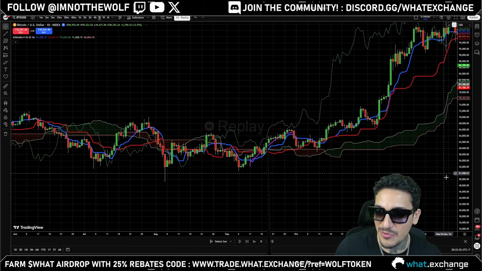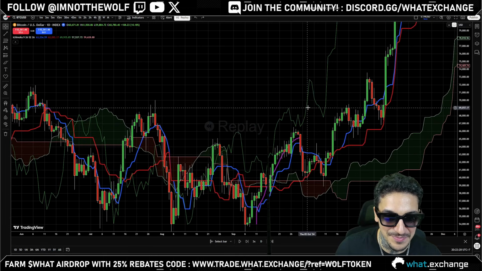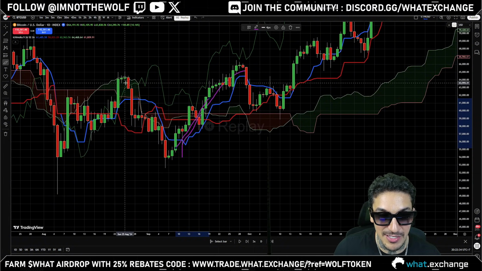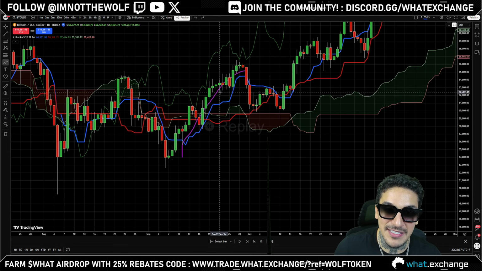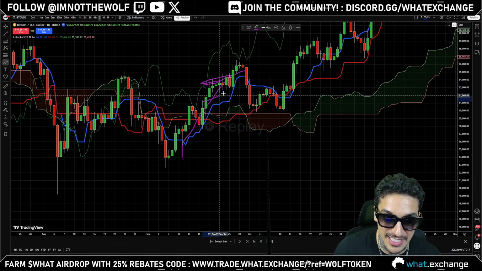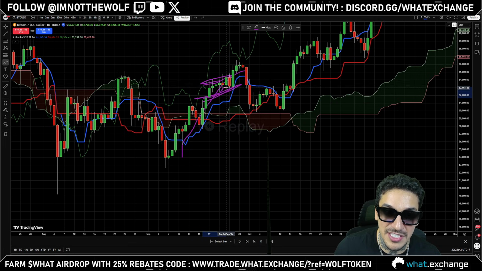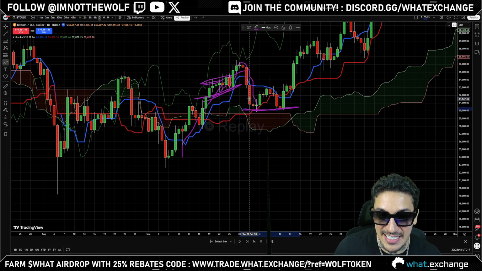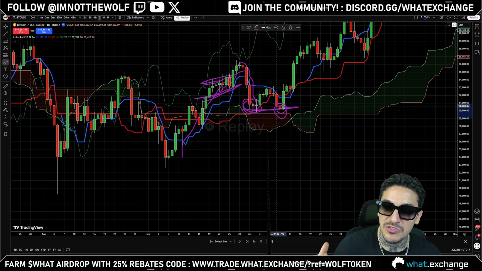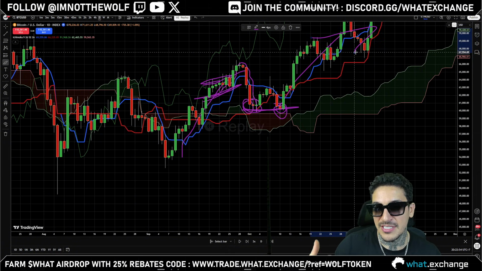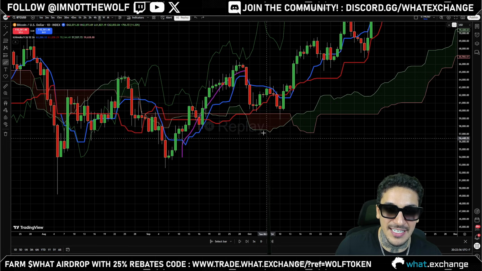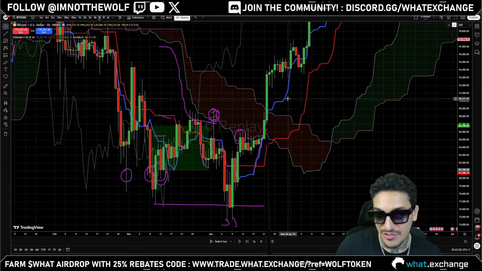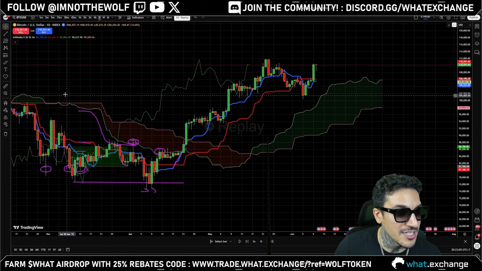So this is essentially what I was looking for the market to do, is once this broke above and we had the lagging span also following, I expected Bitcoin in this sort of situation where it kind of did this little bull flag where it's trailing upwards. I expected it to pump up and then come and do a reversal closer towards the cloud right here. And then basically that's where you would want to buy, where it's closer towards the cloud support. And then boom, the trend continued upwards, and it would have been a very, very good entry to buy down over here. However, in the current zone, or the current price history that I showed, you can see that it